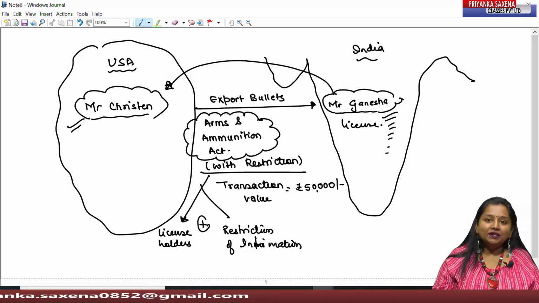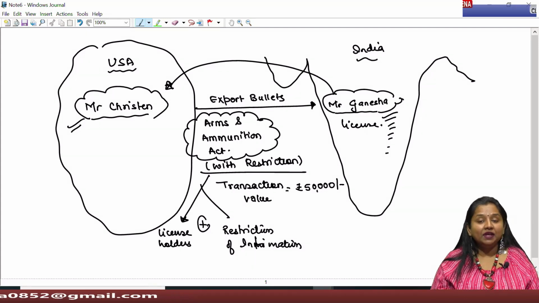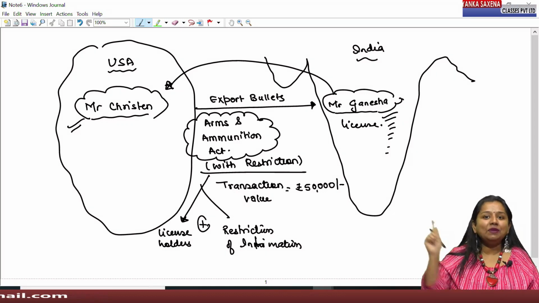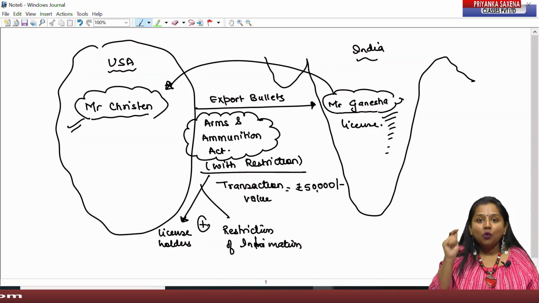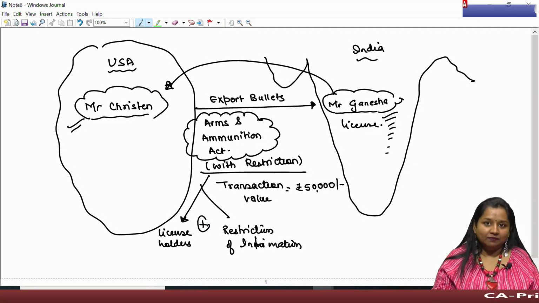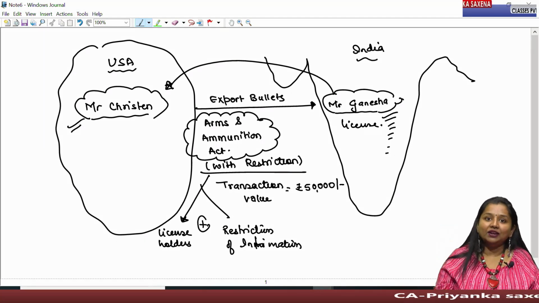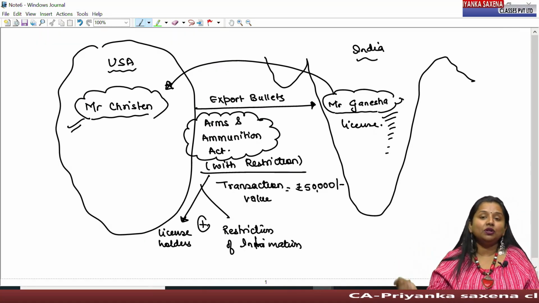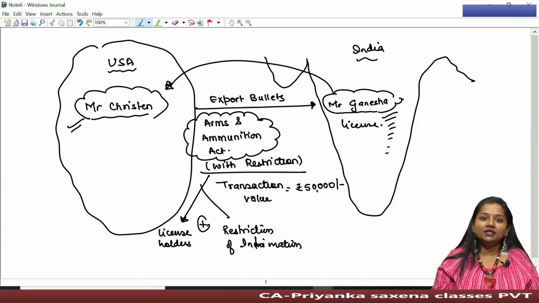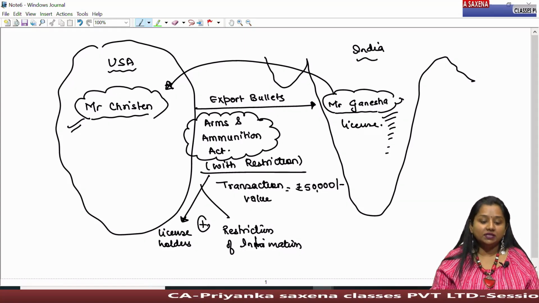Therefore, the lawmaker says that not every person can keep this instrument, this weapon, with themselves, and whosoever is keeping it shall be liable to inform the seller every time about the bullets they have purchased and where they are using them all. The only intention behind this law is to keep a tracker of all the instruments, all the weapons being sold to other persons. If, let us say, Mr. Ganesha has purchased 100 bullets and after 6 months he is asking for another 100 bullets, then Mr.